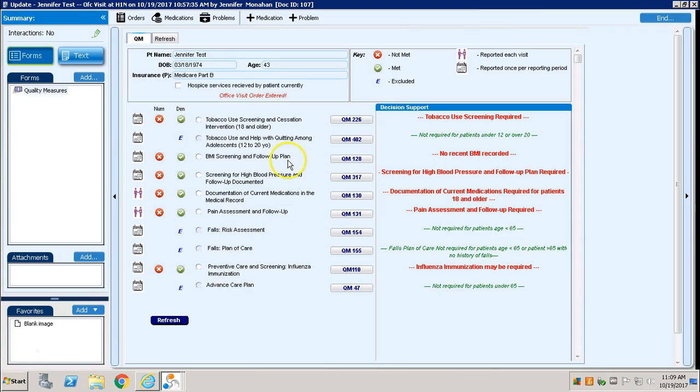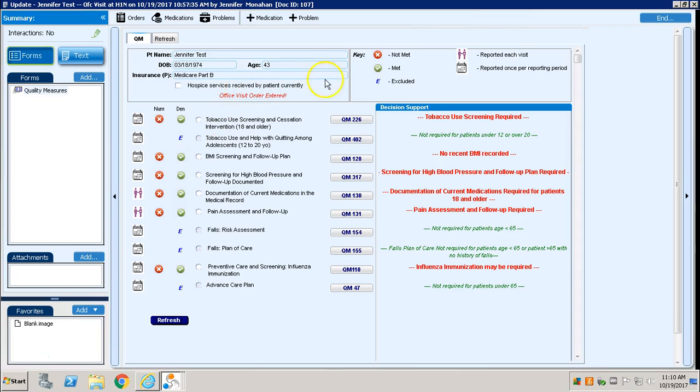Okay, so let's talk about the form a little bit. First thing is at the top, you're going to see your patient's name, birth date, their insurance. Also an option that you can check to see if the patient is using hospice services. This will help identify any exclusions that might be available. And then lastly, you'll see the key here that says that you've entered your office visit order. That's important because certain measures don't have requirements based on your E&M visit for today. So for instance, if you bill a consult code as a specialist, your patient may not necessarily be included in